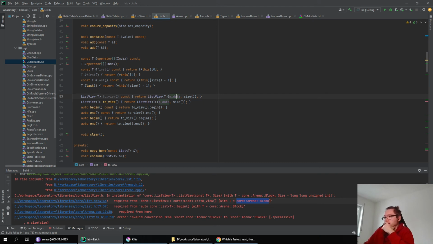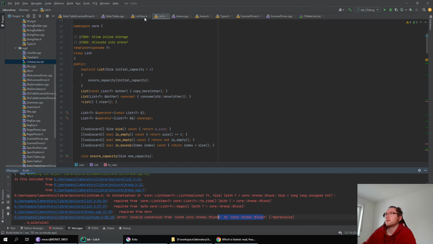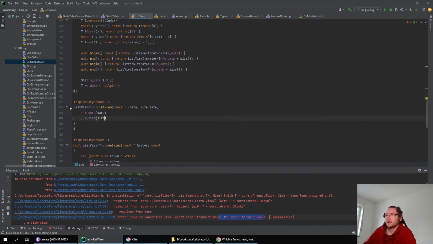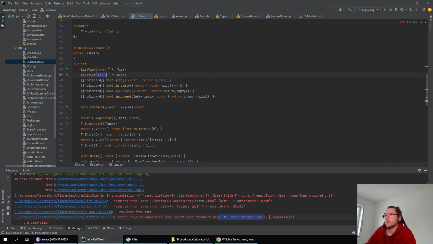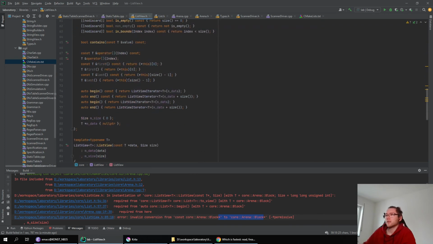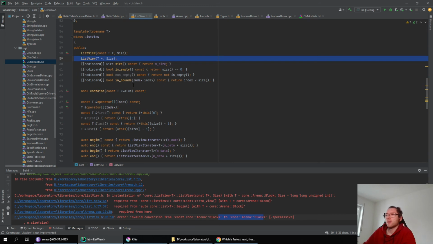And why can't it convert const to non-const, since the constructor is non-const? Ah, I'm so dumb. So this problem, we're also requiring a non-const overload. Because I think we can just